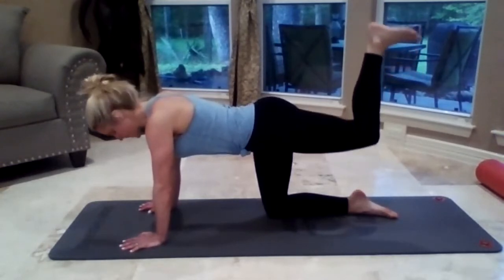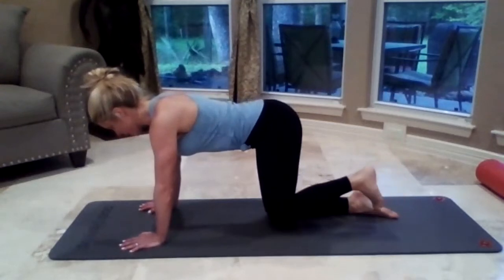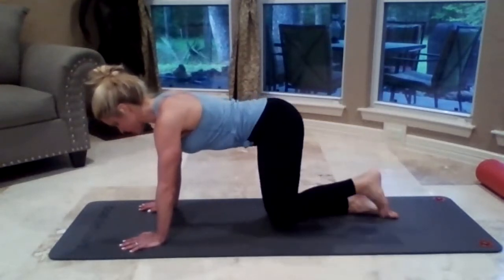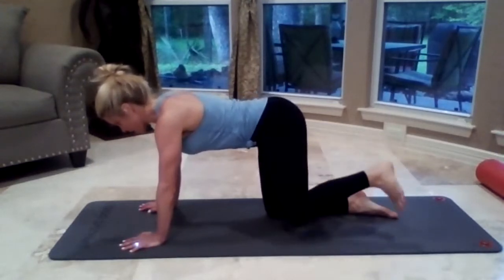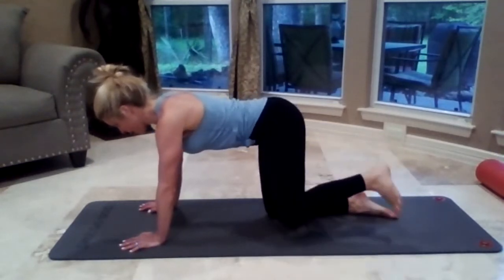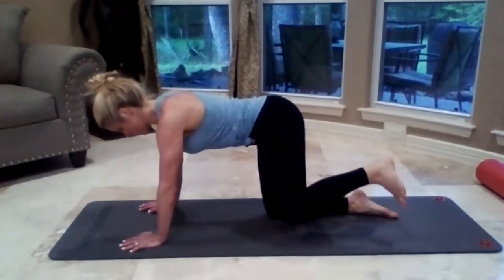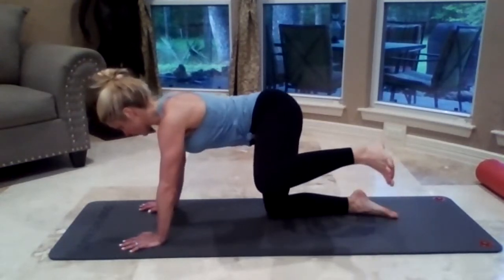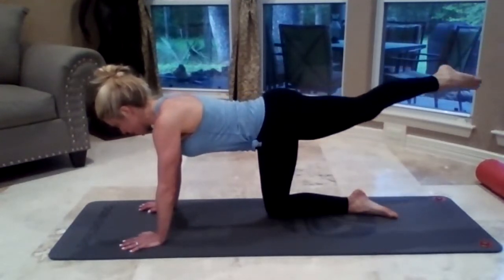You're going to bring the knee down in line with the other knee and open it out for 8 and lower. 7. Try to be light on the hands. 5, 4, 3, 2, and 1. Kick the leg back, point the toe, take it across the body, and then bring it